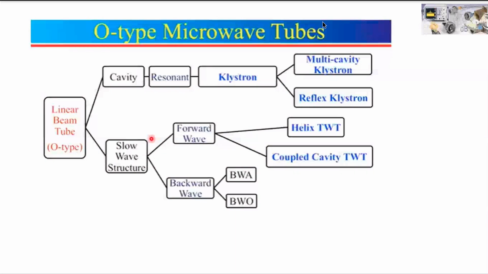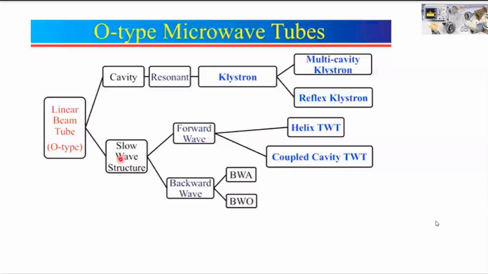So in the slow wave structure, the name slow wave comes from the fact that this type of structure is used to slow down the electromagnetic wave. That's why the name slow wave structure. So now the question is, why do we need to slow down the electromagnetic wave? Can anybody answer? Why do we need to slow down the electromagnetic wave? So we use slow wave structure. I don't think you have any idea. Yeah, if anybody is willing to tell, you can answer.